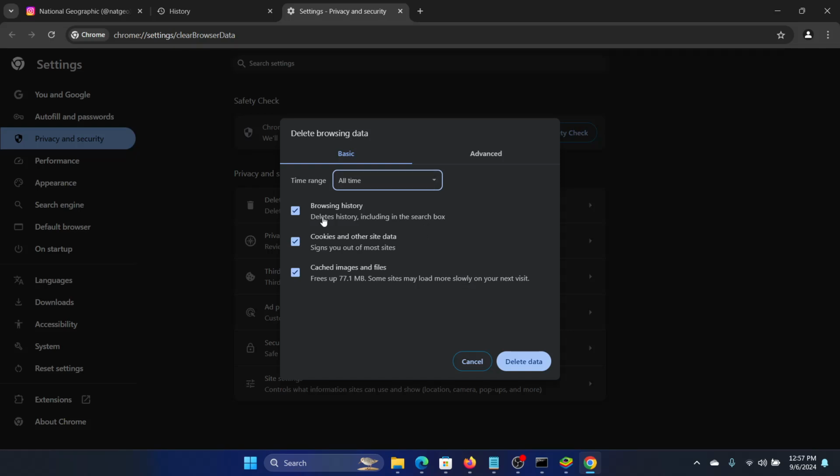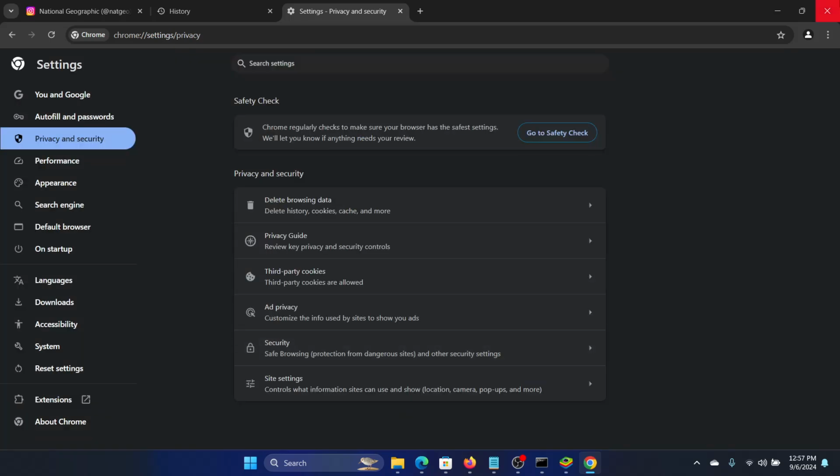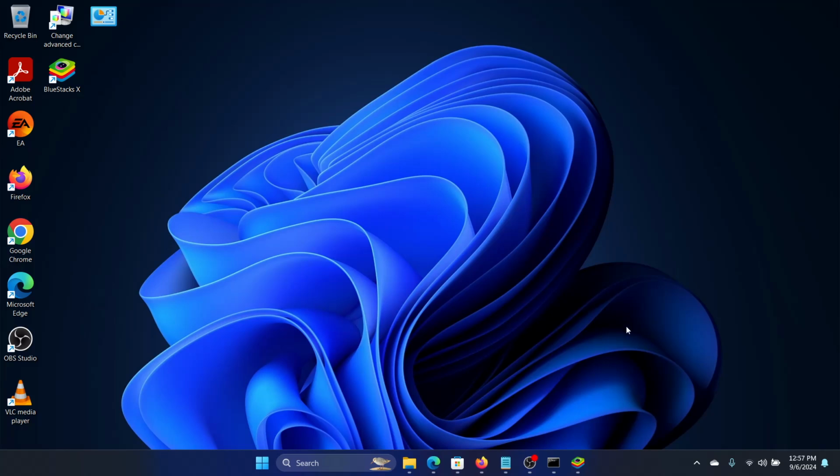Select all time, select browsing history, cookies, and cached images, and click on delete data. Once that is done, we will again restart the browser. And if we cannot, then the only